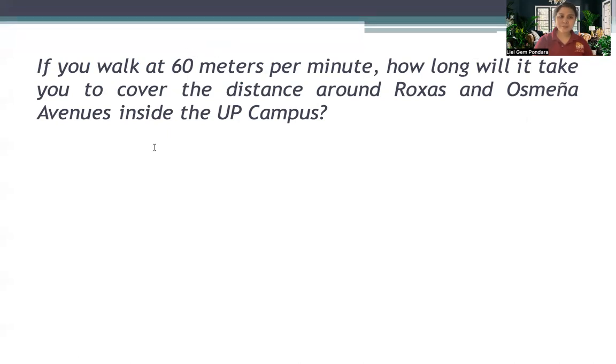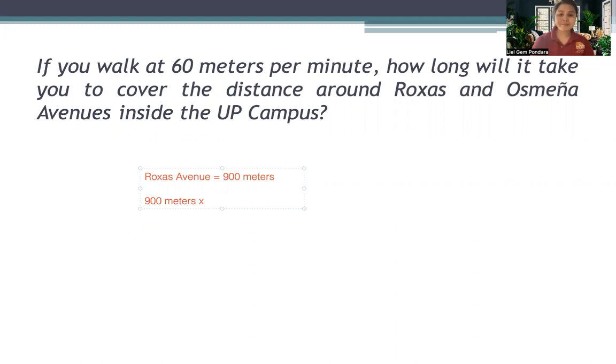Now for my example, I'll just talk about the Rojas Avenue. Remember, our Rojas Avenue, our estimate is 900 meters. Now, if we walk at 60 meters per minute, how long will it take us to walk in Rojas Avenue? But again, your question is for Rojas and Osmeña. So we're talking about the time. We have 900 meters, that is for Rojas Avenue, times 60 meters,